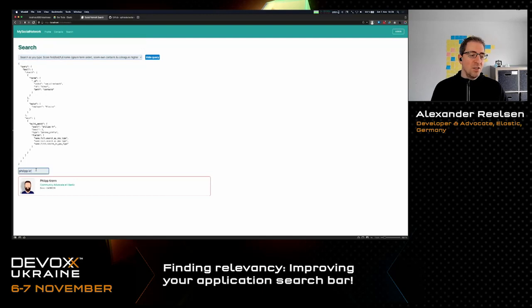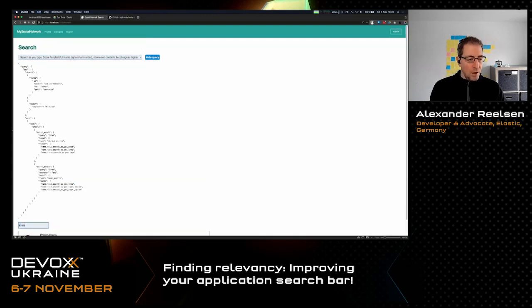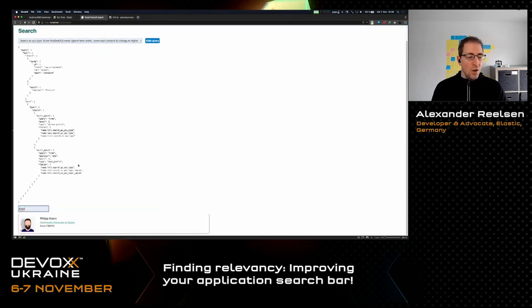And here's a last change, that if I run a search, I also want to make sure that I can flip the terms around, right? When I run something like a social network, maybe people are trying to search for the last name first because they remember the last name and not the first name. So this is something you also have to take into account when you create this kind of search.